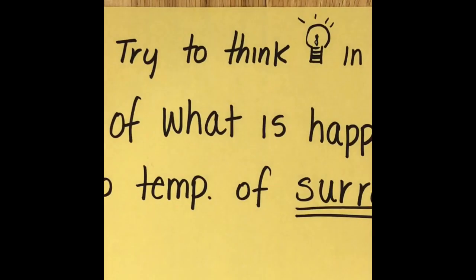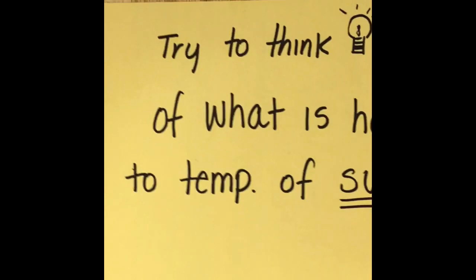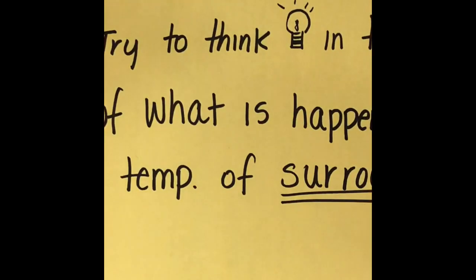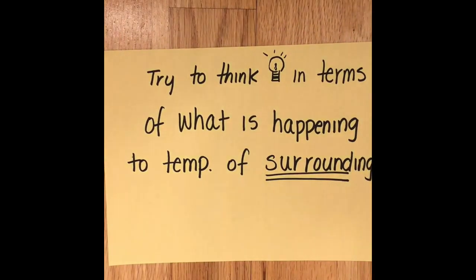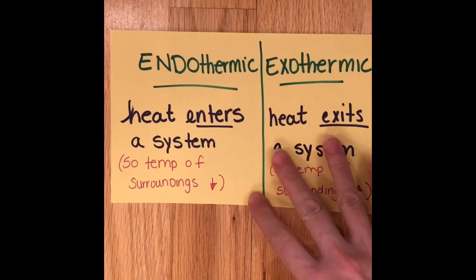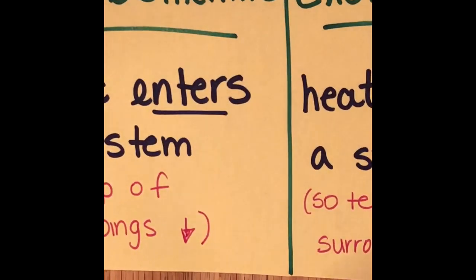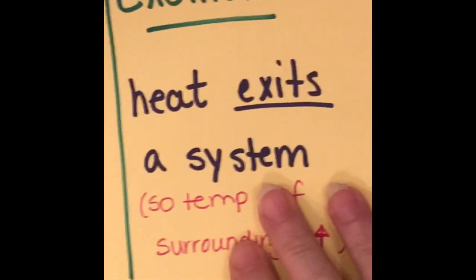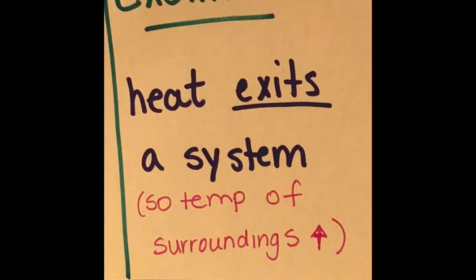So again, just a reminder, try to think sometimes in terms of what is happening to the temperature of the surroundings, right? And so for that endothermic, just to revisit it, the temperature of the surroundings goes down, and for the exothermic, the temperature of the surroundings increases. All right, now,